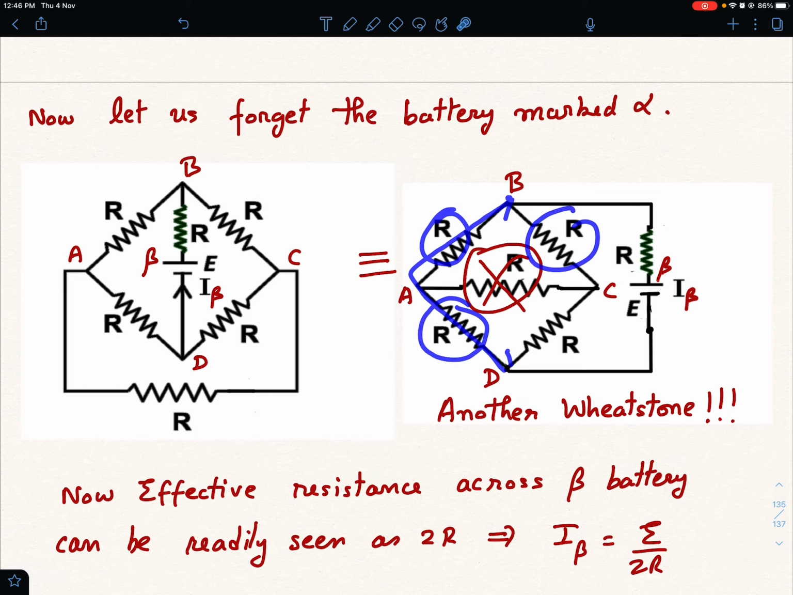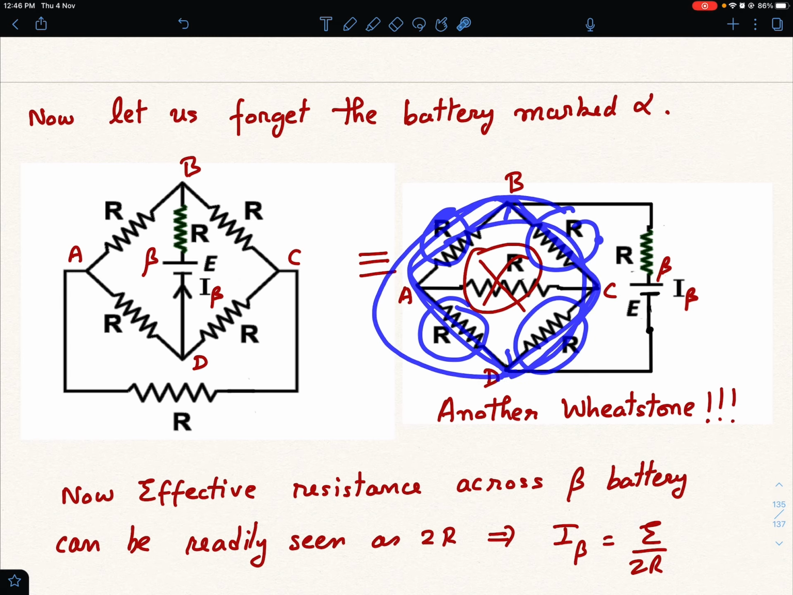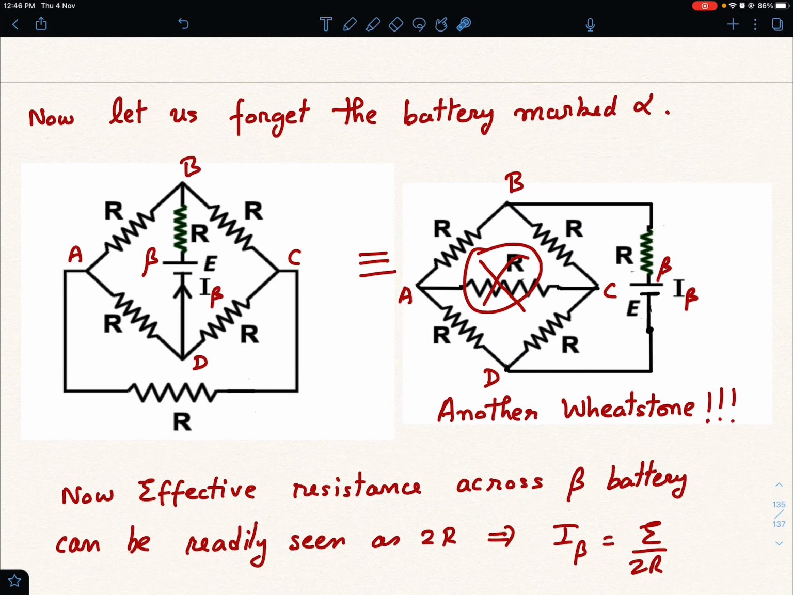And then what is the effective resistance of this? If you see, this is R and this is R, so 2R in series, and this is R, R, 2R in series, and this 2R in parallel with this 2R becomes R. So this whole resistance becomes R, and this whole R is in series with this R. Therefore the current flowing through the battery will be simply E by 2R. Okay,